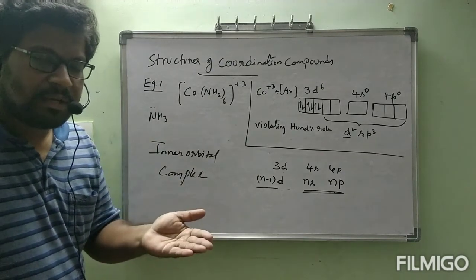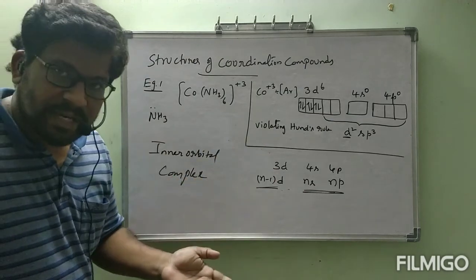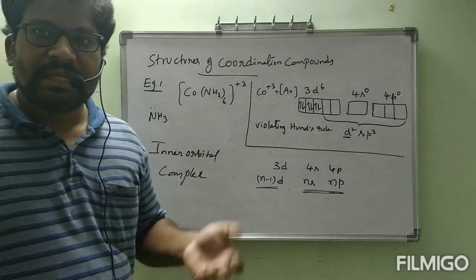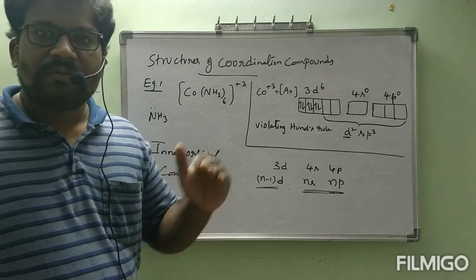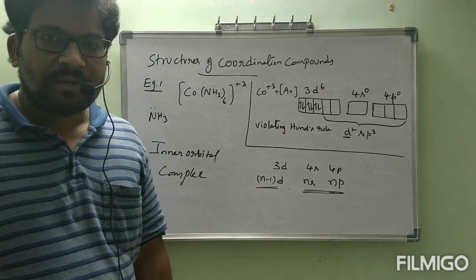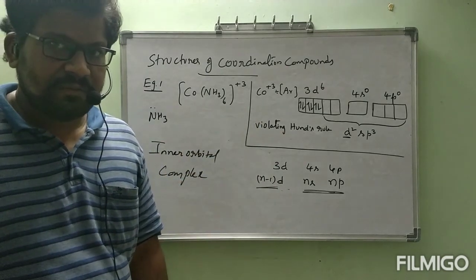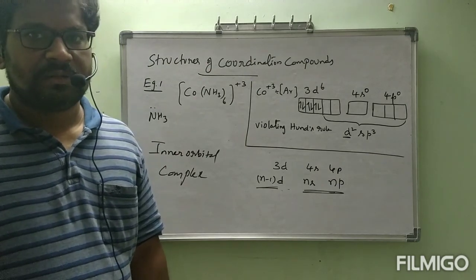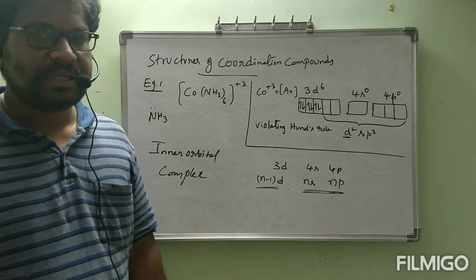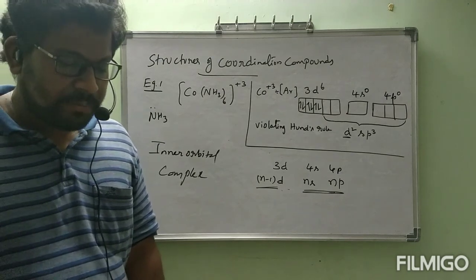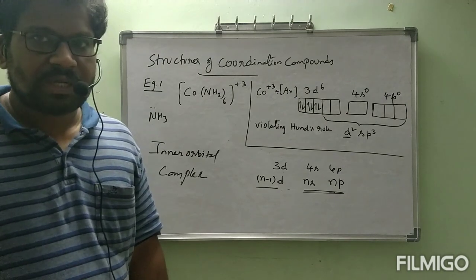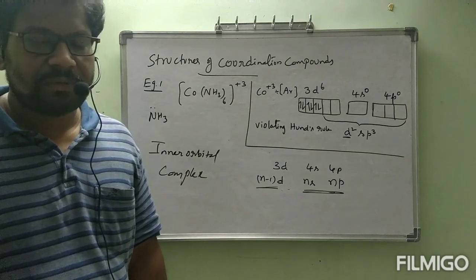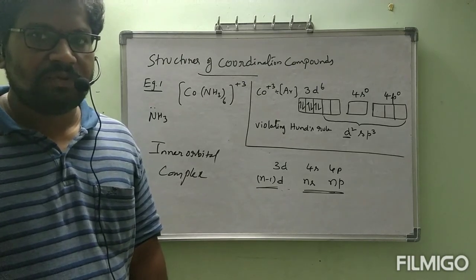One more name is there, and magnetic properties were also discussed here. All those things I will teach in the next class, and we will continue with the remaining examples. By next class, valence bond theory will be mostly completed. After that we will go for crystal field theory, CFT. That is about today's class, and I hope even the nomenclature of coordination compounds topic was clear for you. Even if you need some more examples, I will give them.